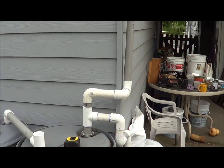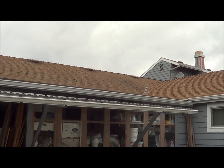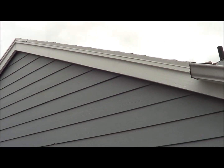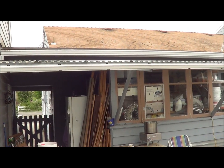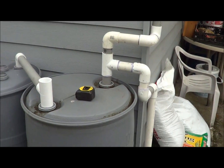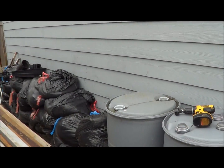So I decided to go ahead and harvest some rainwater here, and I've got pretty much all that brown roof right there, and then I've got a big V part of this roof here, and of course the back porch and little eyebrow, cooking table eyebrow, that all come down into my barrels here. And I'm going to run these barrels all the way down the back here,